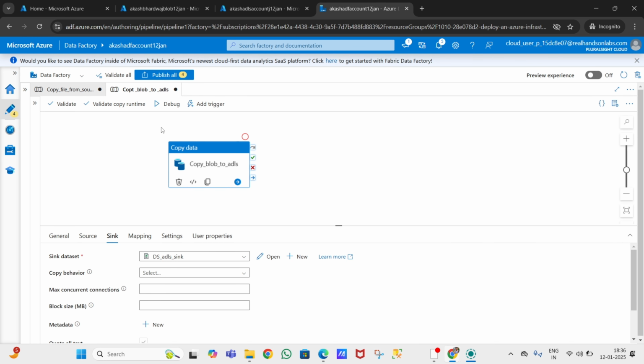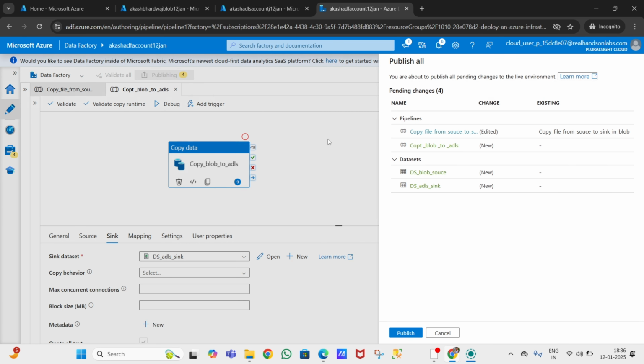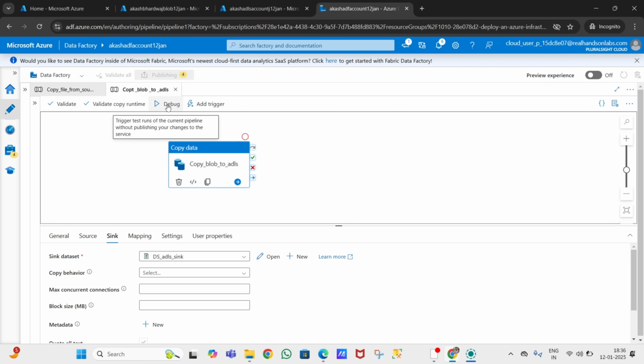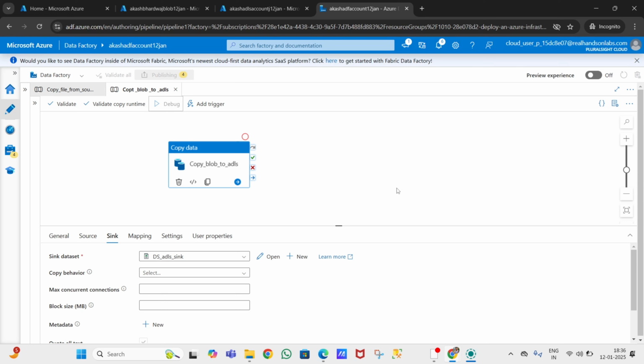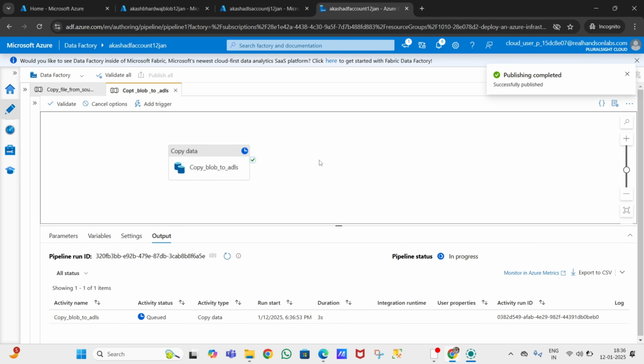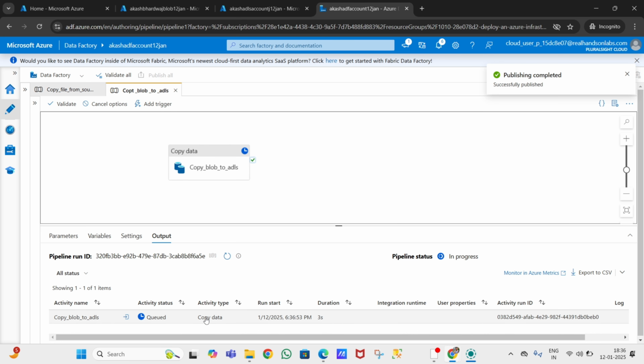Now guys, what we will do is click on publish all to check whether there is any error or not. It is publishing, deploying changes to the factory. Okay, now it's saved. Now we will click on debug. Now it's copying data from blob to ADLS.